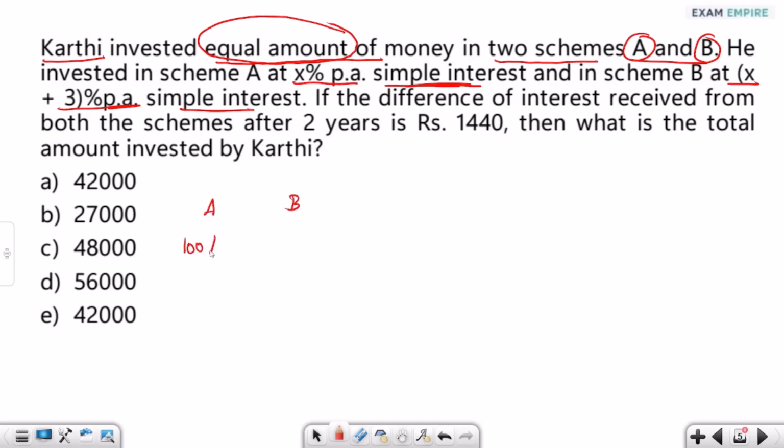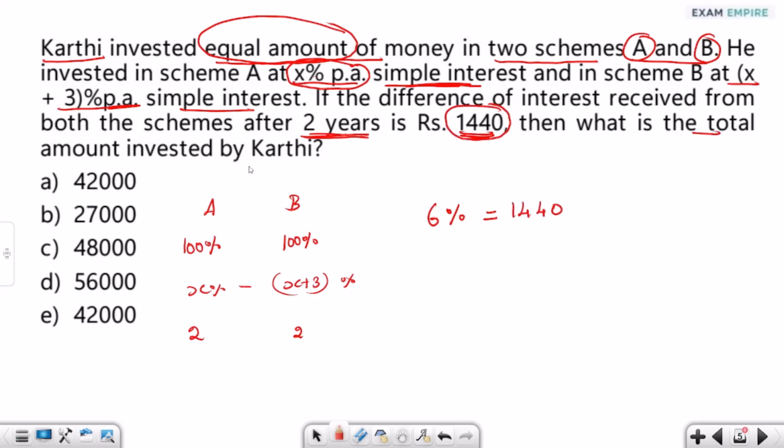So in both cases, let me assume 100% of the amount. In scheme A, what is the rate of interest? X% per annum, and in scheme B X plus 3% per annum. If the difference of interest received from both the schemes after 2 years is 1440. So what is the time period? 2 years. If you observe, here X and here X plus 3. What is the difference in percentage? 3%. So in 1 year the difference is 3%. That means in 2 years it will be 6%. So this 6% is nothing but the difference in the interest,